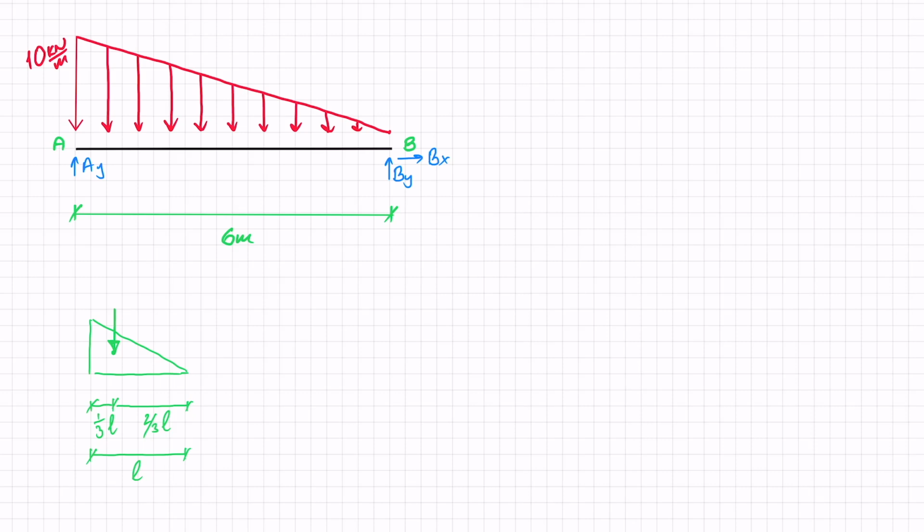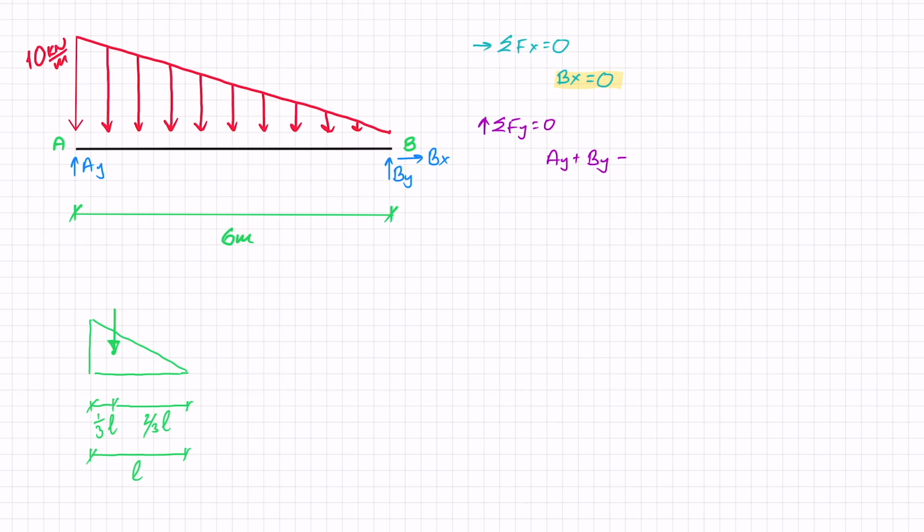Let's start off with sum of forces in X equals 0, with this being my positive X direction. Here I can see that in X I've got Bx, and I don't have any forces in the X direction in this case, and I don't have any other reactions, so Bx equals 0, and I can highlight that. If I move on to the Y direction, sum of forces in Y equals 0, with this being my positive Y direction, I have AY plus BY in the positive Y direction, and in the negative Y direction, I have